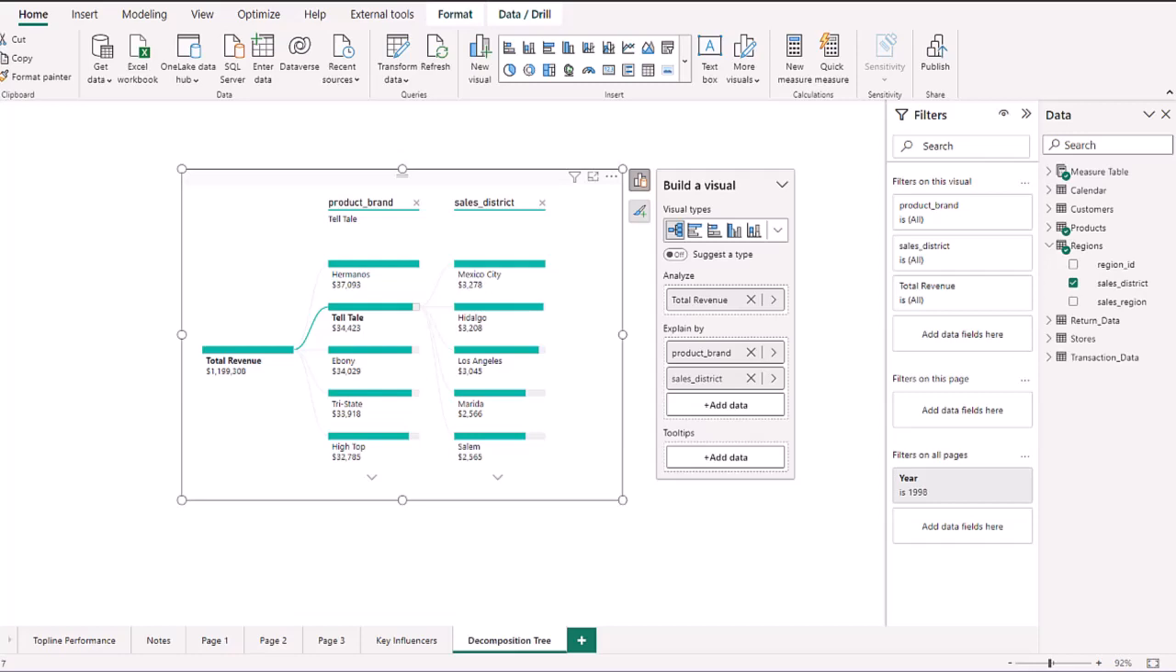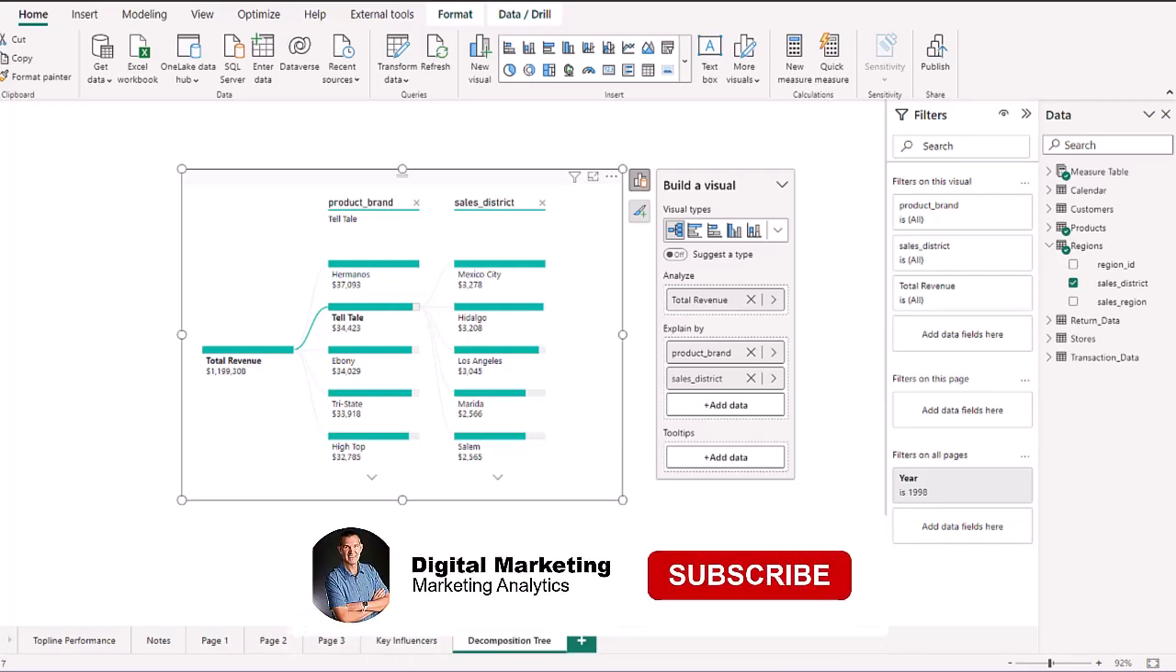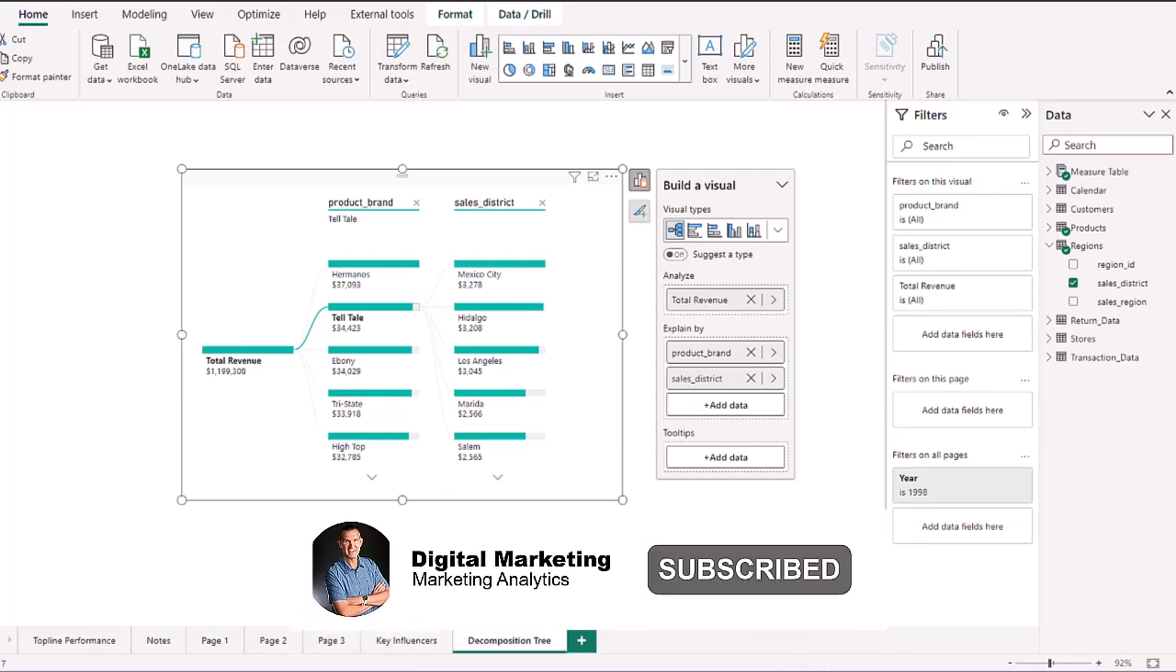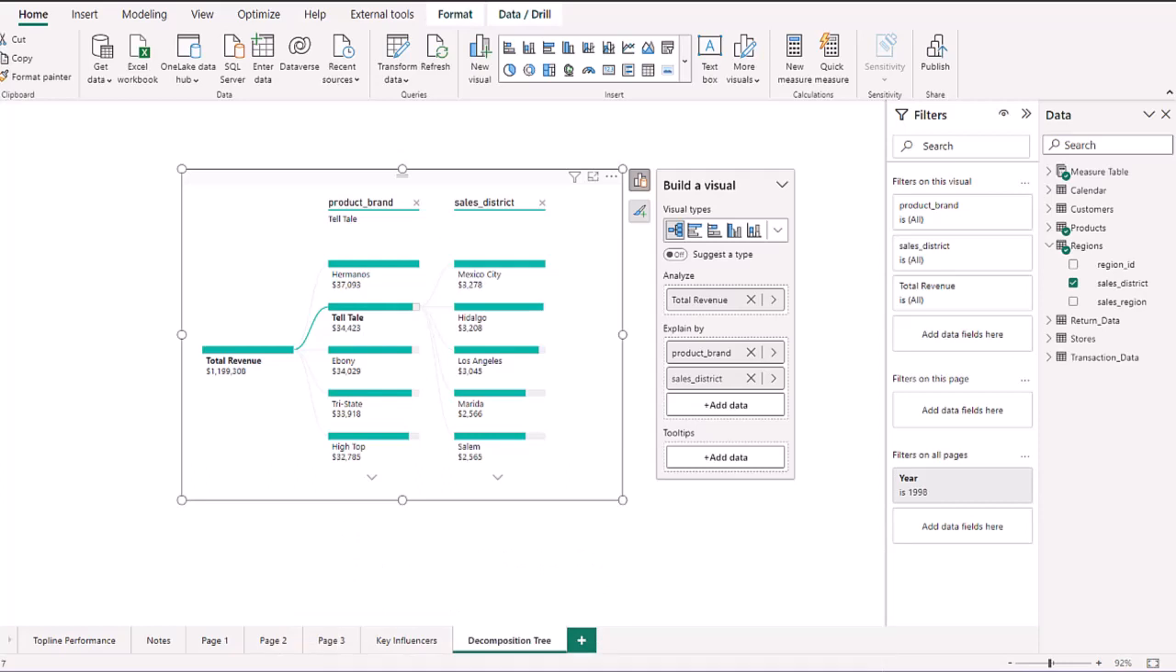And what this visual allows you to do is visualize how data is distributed across multiple dimensions. Now, this is a decomposition tree that you're looking at, and we're going to show you how to build this. But basically what it allows you to do is take one of your measures like total revenue, total cost, and then you can analyze kind of quickly at the click of a button. You've got the analyze button, and then you've got the explain by,